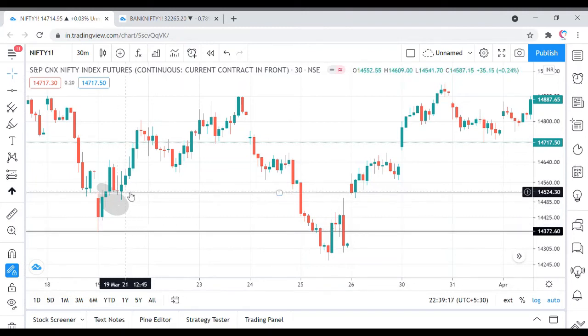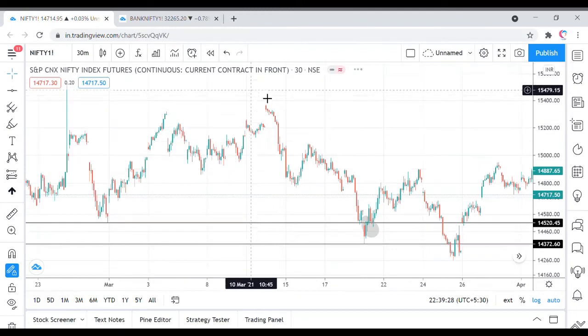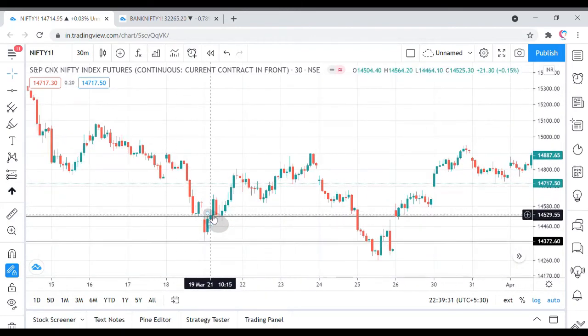Okay, so a long contract at around 14,526, you can see the high which was made was 14,800. On a bearish market, when the markets have been tumbling so much, you would have made a gain of around 250 points in Nifty, which is, I guess, 18,500. One contract would have made a gain of 18,500 in this strategy. So you can see the risk reward in this strategy is very good. You can either take the profits out once your target is reached, or you can trail the profit.